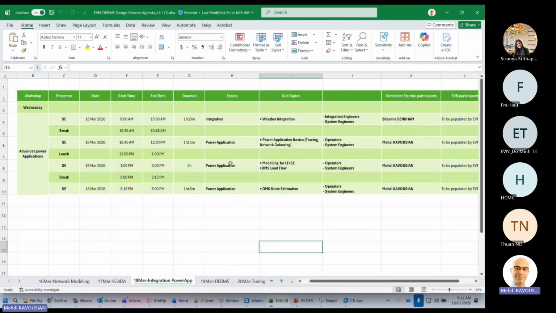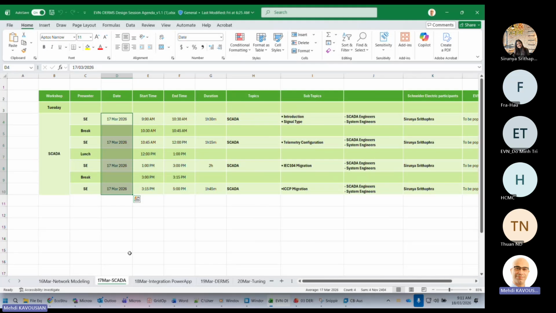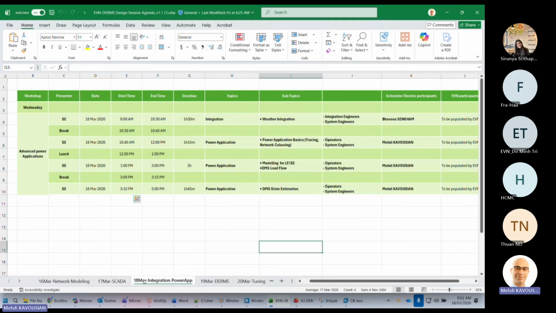Okay, so I'm just sharing the agenda. Yesterday we went a bit faster than we expected, and we managed to finish SCADA in half a day. So some of the topics I was planning for today were actually covered yesterday. I showed the tracing and coloring, load flow, and state estimation yesterday. If you want to see something from that, I can still demonstrate and repeat, or if you have a question,